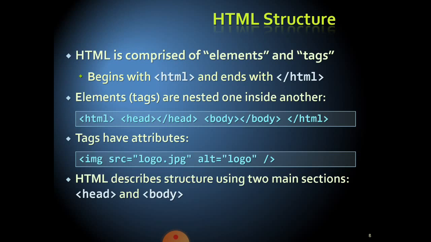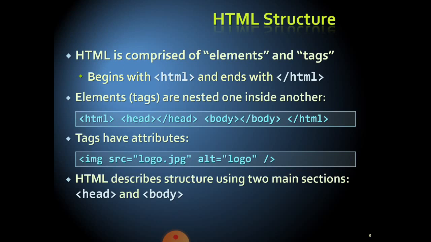Paired tags are those where for every tag we have a starting tag and an ending tag. Here we have the head tag, and /head is the end of the head tag. The body tag is the starting tag, and the end is /body. Similarly html and /html. For every starting tag we have the ending tag. These are called paired tags. All these are nested one inside another.